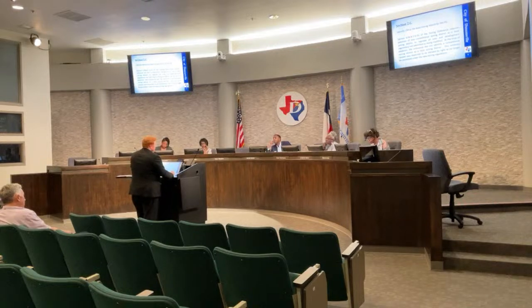Typically, in a planned development district, as governed by Section 6.02B2B5, there ought to be a conventional zoning district as a base zoning district. And this is to default to when there's something that's silent.